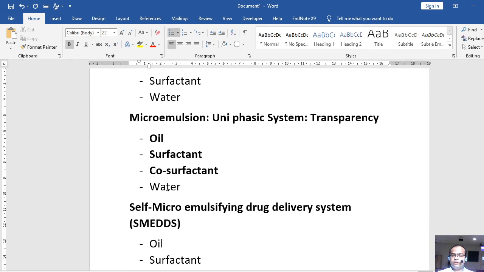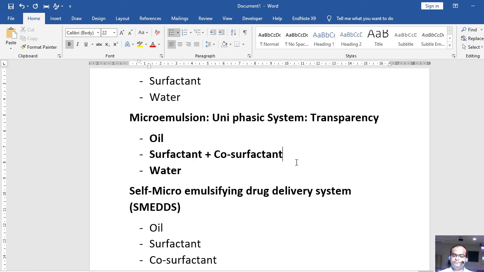Now how can you develop the mixture? As you know, you have to prepare a ternary phase diagram, and we can only incorporate 3 components for the 3 axes in a ternary phase diagram, but we have 4 components here. So what we'll do, we will merge 2 components and call them the surfactant co-surfactant mixture, simply S mix. Now we have 3 components: oil, S mix, right?